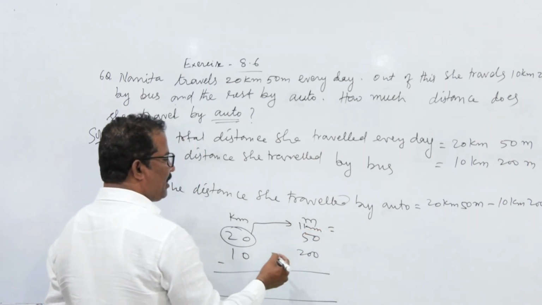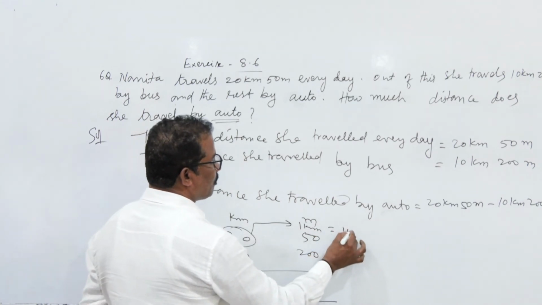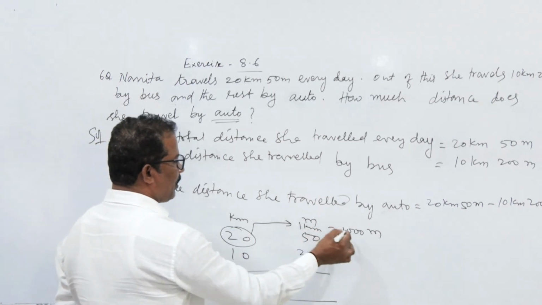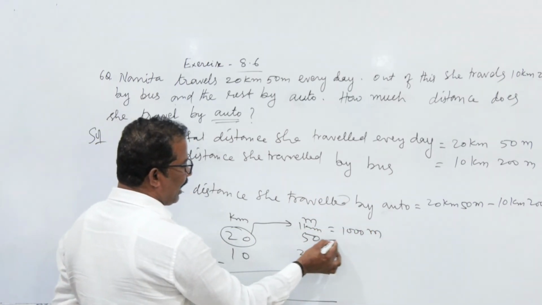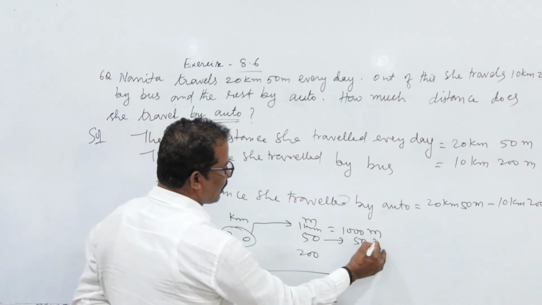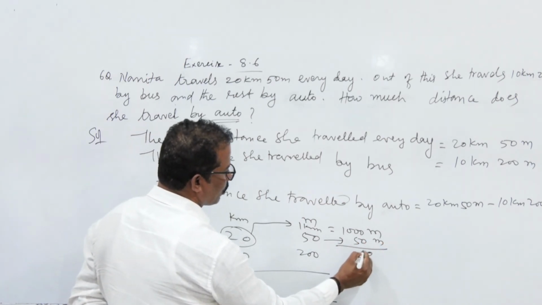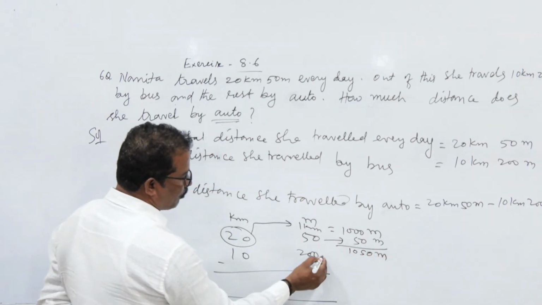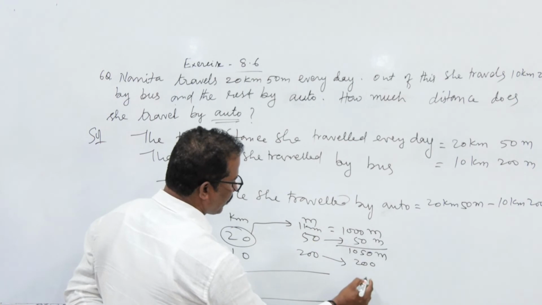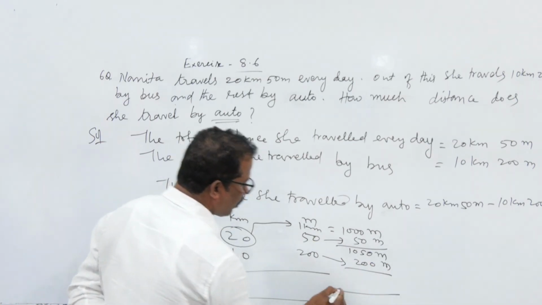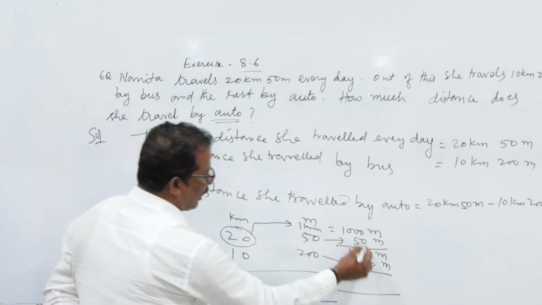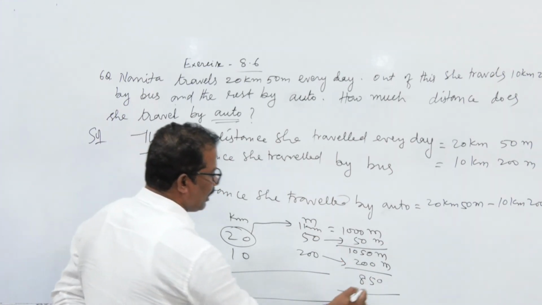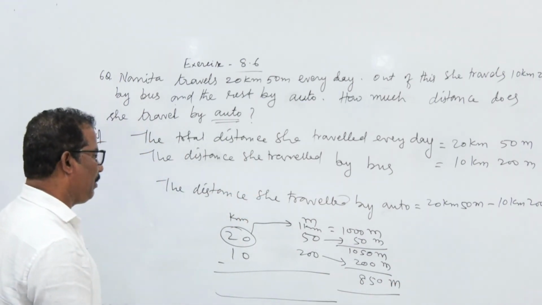And we know that 1 kilometer in terms of meter is how much? 1000 meter. 1 kilometer is equal to 1000 meter. To this 1000 meter, we have to add this 50 meter now. This is 1050 meter. From this 1050 meter, now we can subtract this 200 meter. So 0 and here 5. From this 10 if you subtract 2 means 8. So that is 850 meter remaining there.